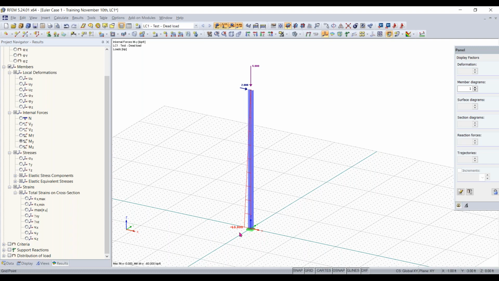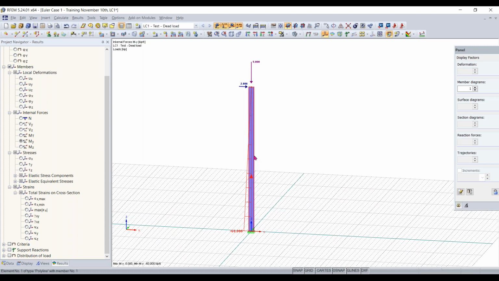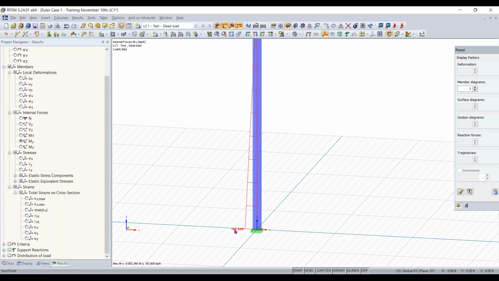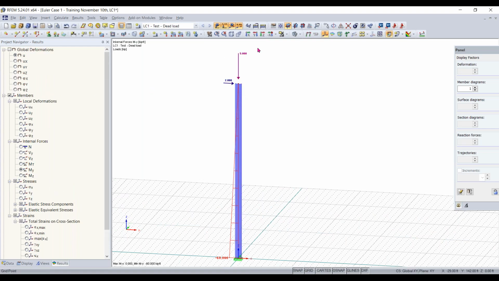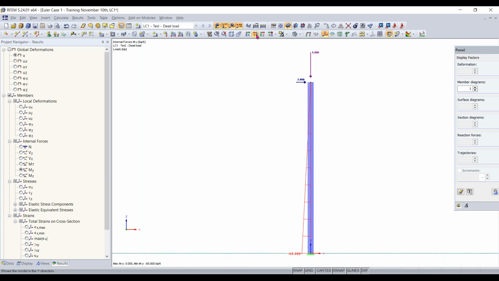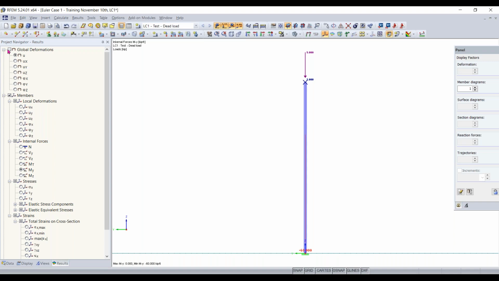Right now I'm showing the moment. So you can see my moment diagram along this member. I have a max moment of -60 kip feet down here at my base. That goes to 0 at the top. But if I set this to view in the X direction, and then I show the global deformations in the Y direction, and I want to show just the deformations in the X direction, you can see that it's 3.782